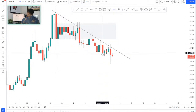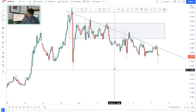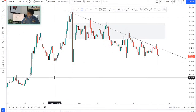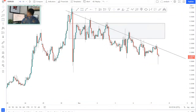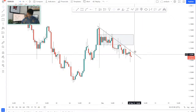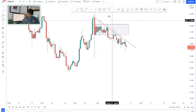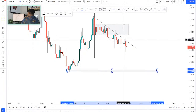You can see the wicks either side down the 4H drop into that hourly time frame. You know, it doesn't look too good. Risk to reward not very good as well, with strong support not too far away. So haven't managed to get into any trades to capitalize on that move, but if it does pick up speed, you could be looking at Euro USD coming right back down to these areas if we do stay below that